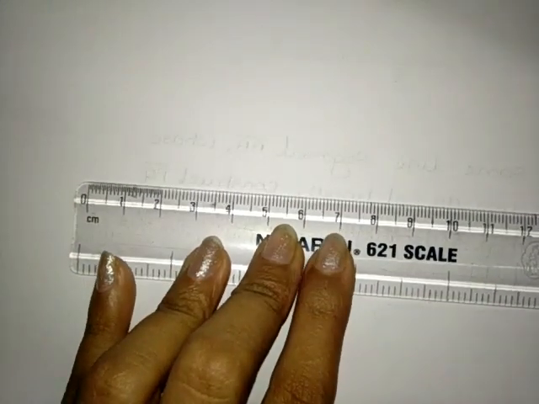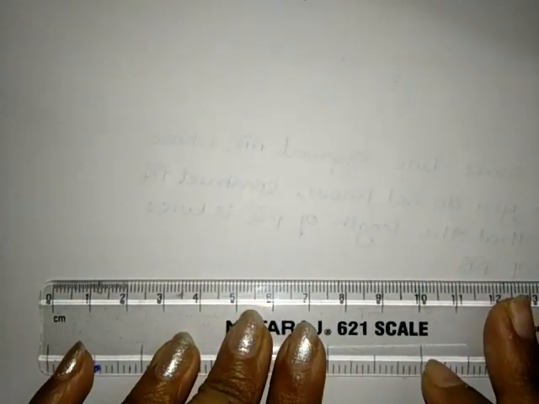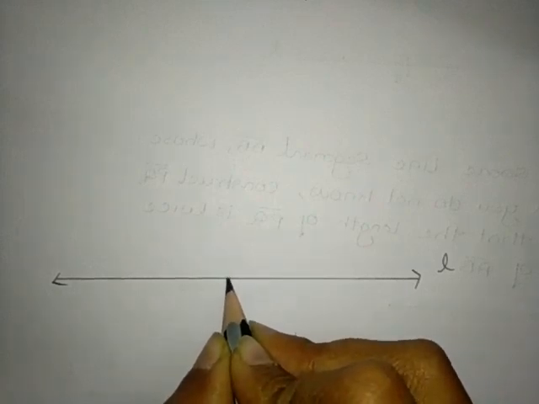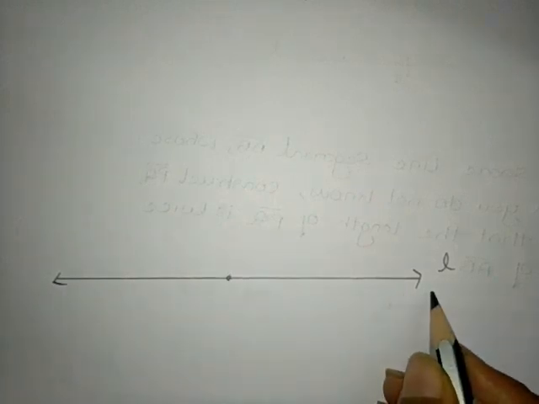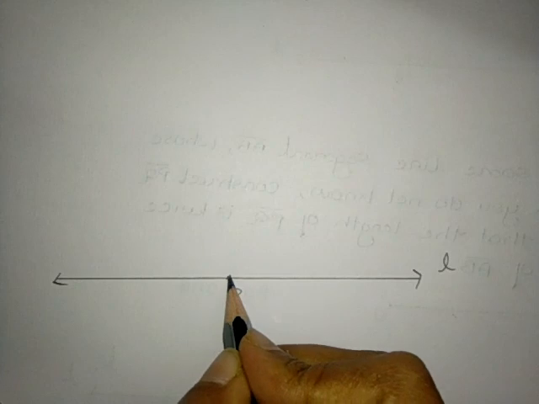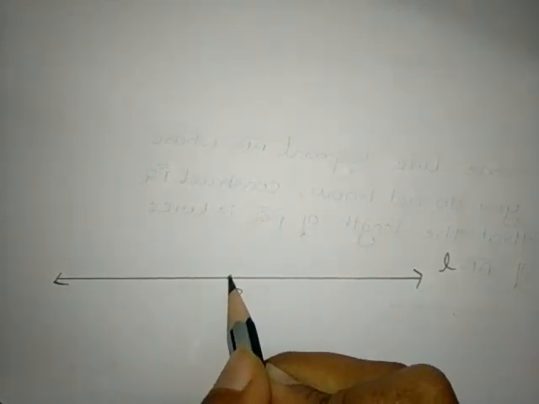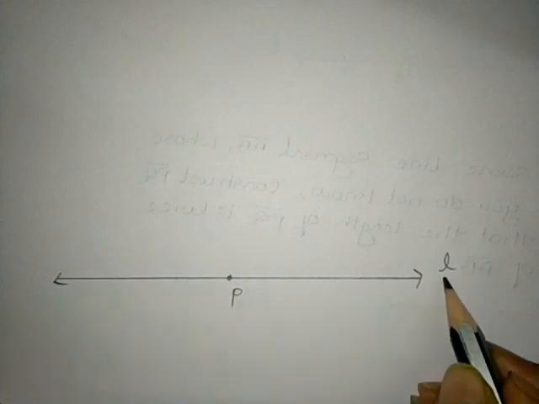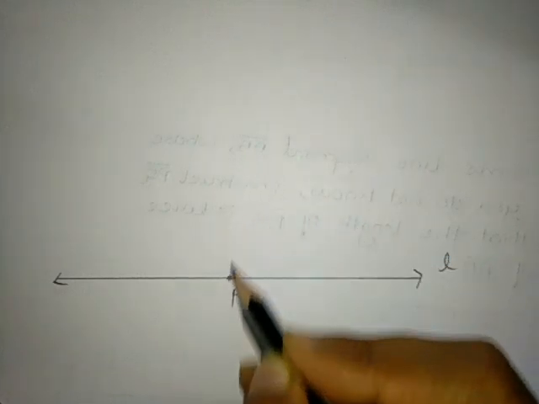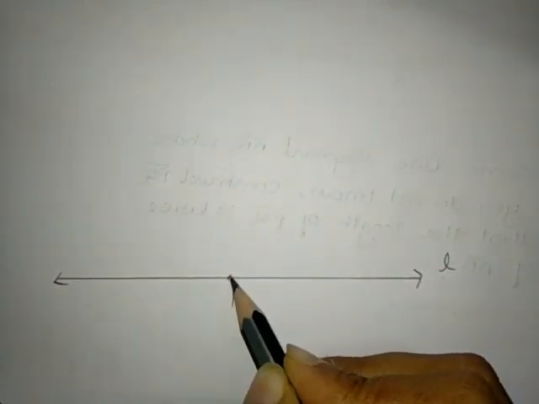First we take a line here. Okay, now this is the line. I will call this line L. Now I want to draw one more line perpendicular to the line L. That perpendicular line should pass through the point P. This point P is lying on the line L here. I have taken a point P which is lying on a line L. That one more perpendicular line should pass through this point P. In such a way we need to draw.